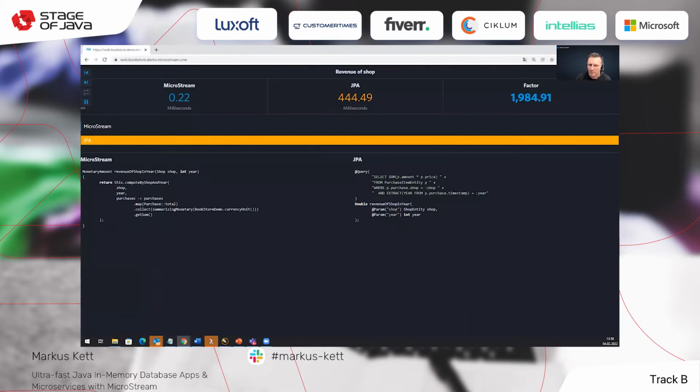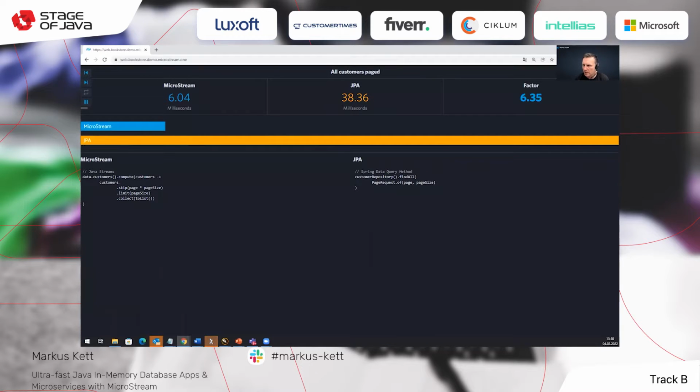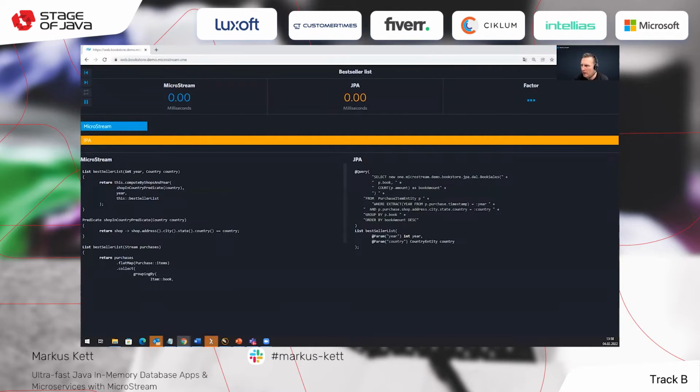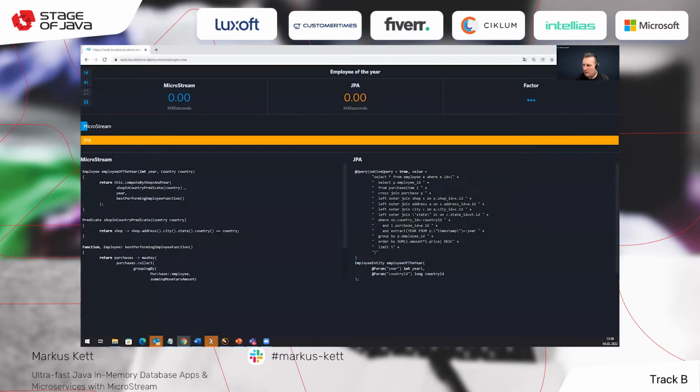We have a 250 gigabyte Oracle database, and the application is a bookstore demo. You can find the code on GitHub, download it, check it out and play around. The other application is built with MicroStream. Here you can see the query code of each query.